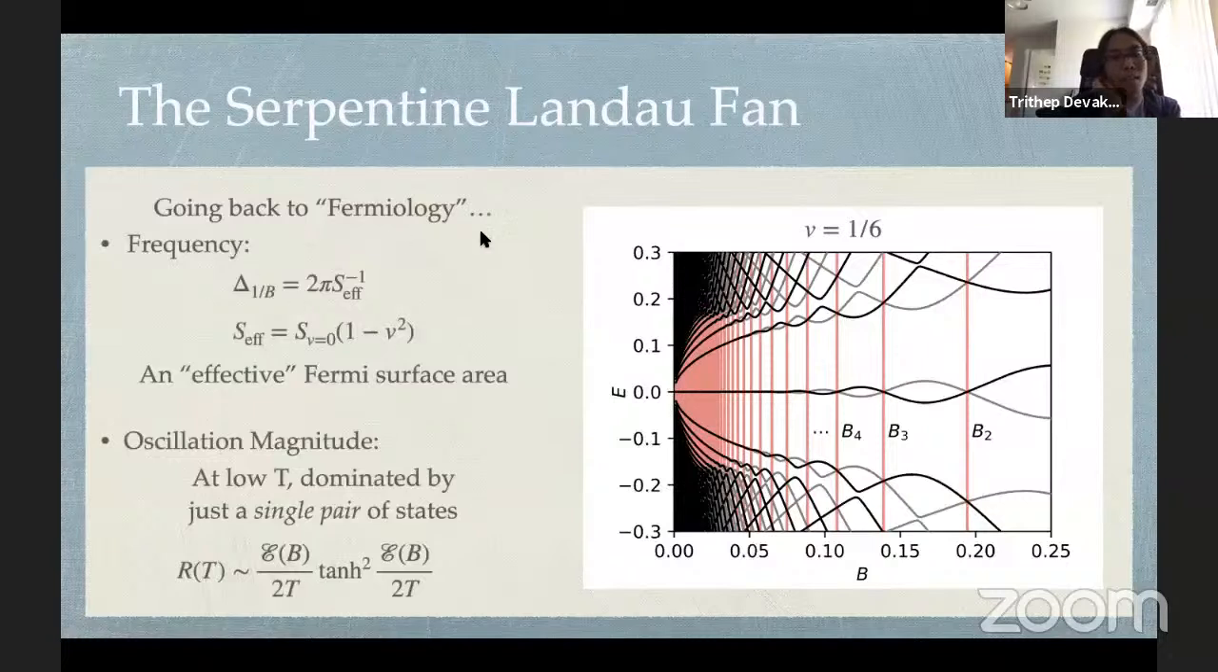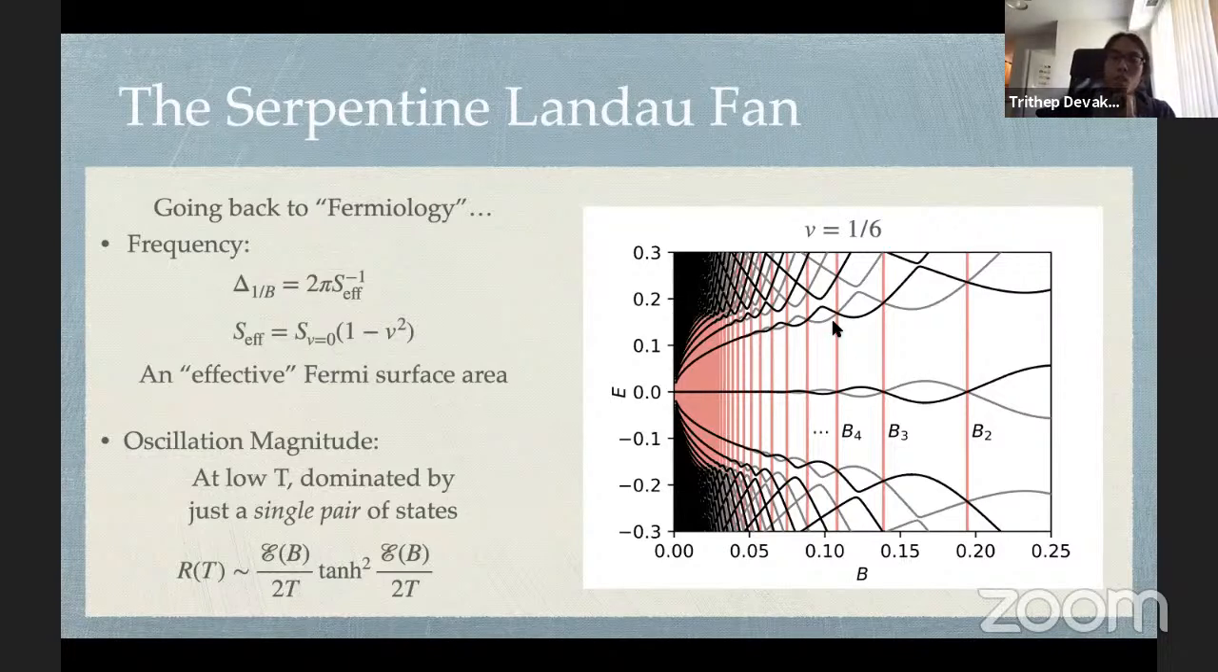So if we go back to this fermiology, what happens if we try to look at this through the lens of usual quantum oscillations? Again, we can look at the frequency in 1/B. This corresponds to some effective Fermi surface area, where this effective Fermi surface area is related to the v equals 0 Fermi surface area, but it's corrected by some factor 1 minus v squared. If we look at the oscillation magnitude, on the other hand,